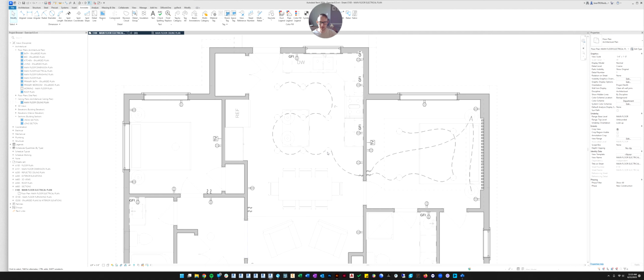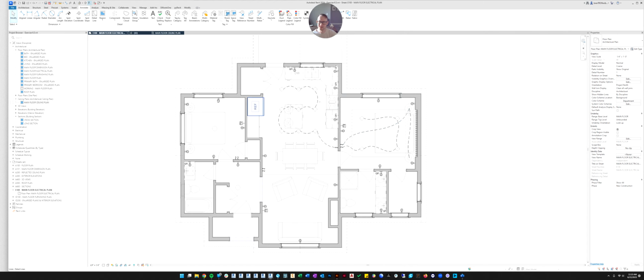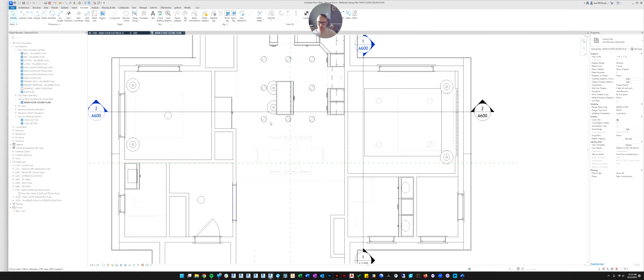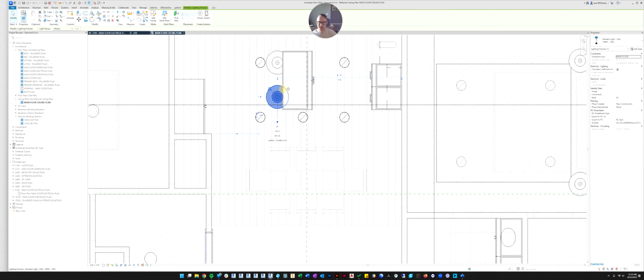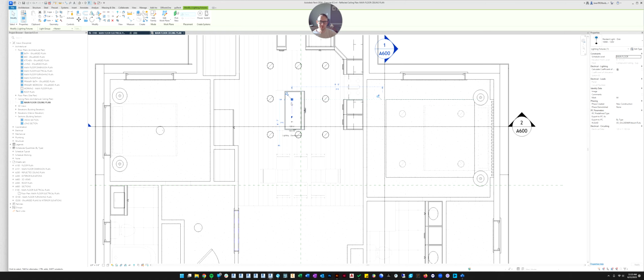For example, to move the lights, you can't move them from the floor plan. So now at this point, if you want to edit stuff, you have to go back to your ceiling plan and you have to move it. So let's say we moved the countertop or we wanted these pendants somewhere else. You're going to have to move them and then come back to your floor plan, and you're going to have to change your wires. So let's move a couple things here.